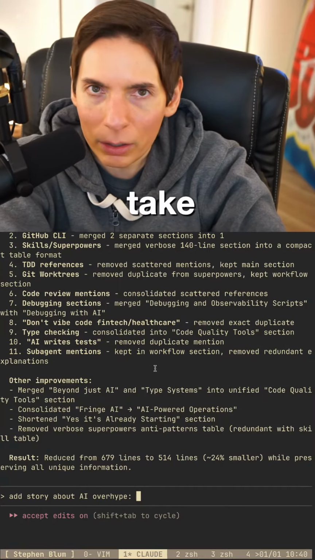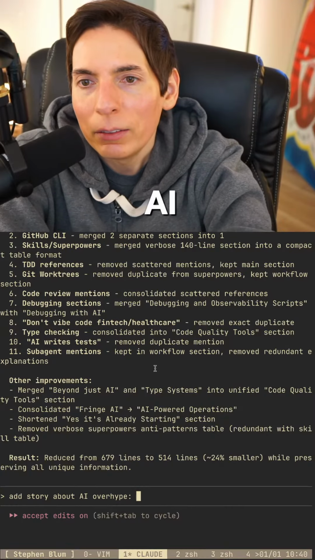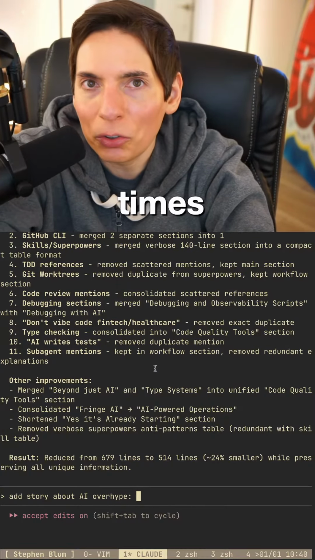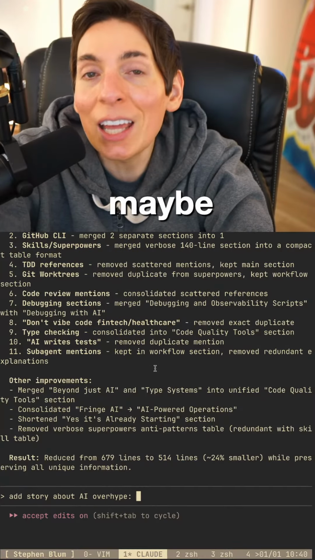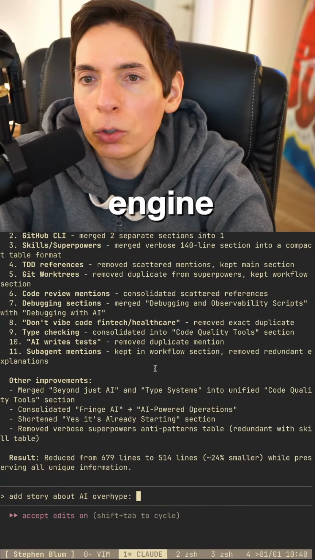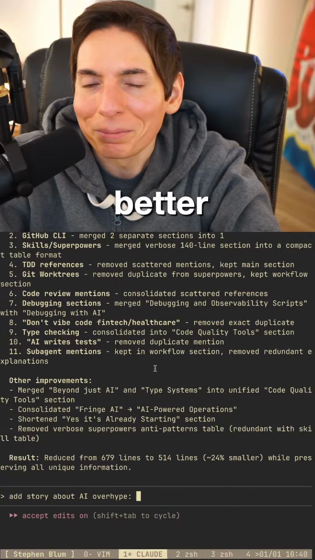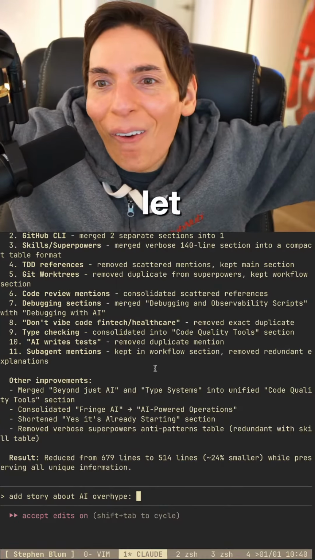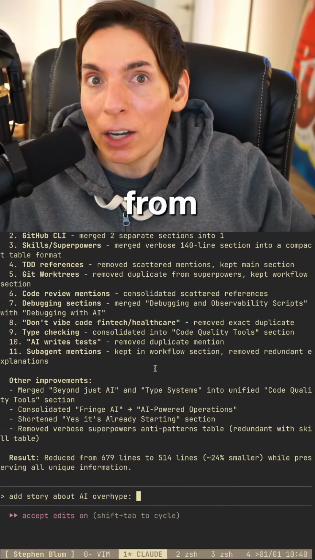So you take a non-engineer and you give them AI, they are like 1,000 times better suddenly. 1,000 times better. Maybe 10,000 times better, right? And then you have an engineer who's very good at engineering. You only made them 5 to 10% better. Just letting you know. So that is happening from like a management perspective.